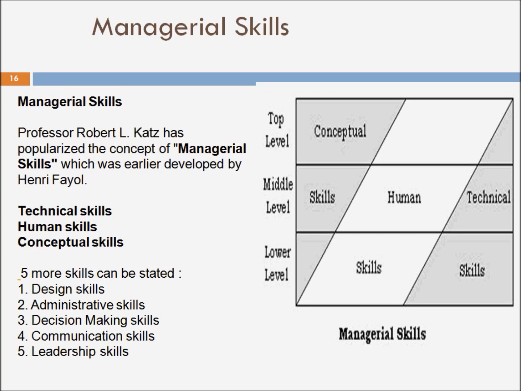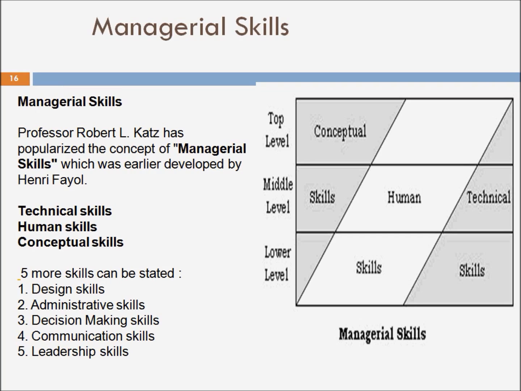When you look into the middle management, again they need to have human skill, but at the same time they need to have a balance of conceptual and technical skill. Why do they need conceptual skill? Because they are the ones who would be formulating the action plan based upon the strategy which was made by the top level management. So they need to have that conceptual skill so that they can understand why that particular strategy was made. Technical skill is required by middle level management, because when they are making the action plan, they need to understand whether that action plan would be feasible or not, and it will be feasible only if it is